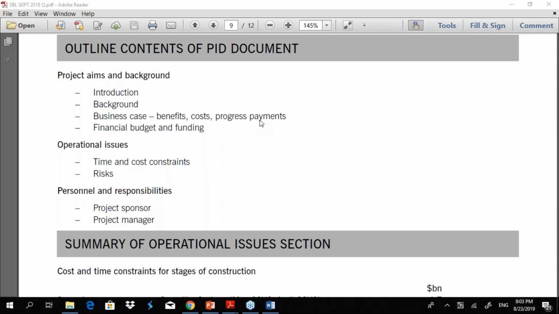And any question that says section of a report, section of whatever, then you don't have to follow the whole format, but you can have a heading, section. So even in the exam, you must take about a minute or two and quickly have a plan. Okay, these are the points that I'm going to write about. So when it comes to the critical evaluation of this PID and the recommendation on operational issues, what are the factors that I will look at?